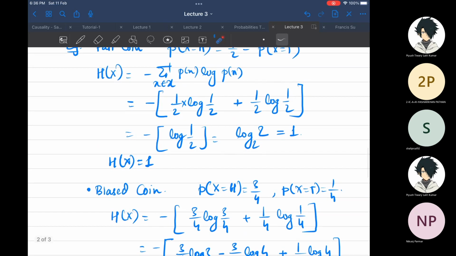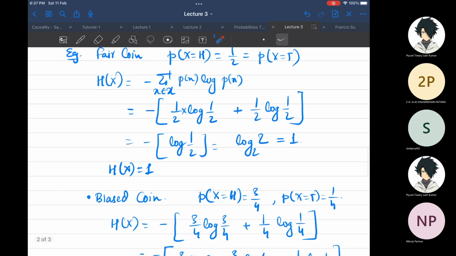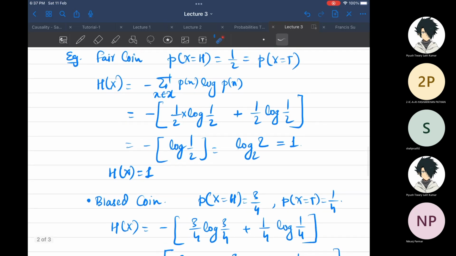But then you can ask me, you told me that the entropy of this coin is 1, but how? Why should it make sense? Because I can come up with any number and tell you that this is my entropy. Any formula will give you some number, and I can quantify that as entropy. It doesn't justify why this formula is special.